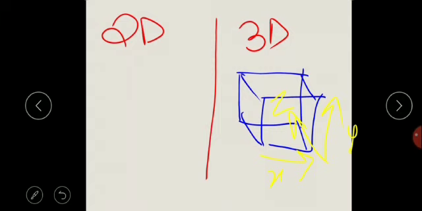So if you see here, mostly the things around us, like if you look at the carpet, you look at yourself, your table, your chair, your books, your pencil, your TV, your laptop, everything around you, even the mobile in your hand, everything is 3D. 2D shapes are actually fixed inside the wall.